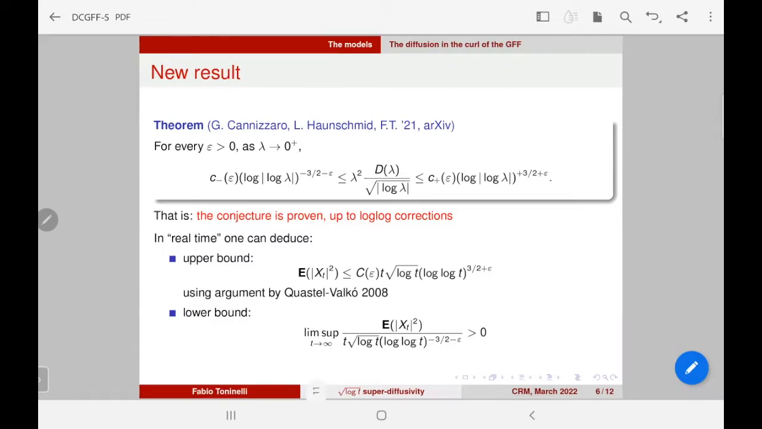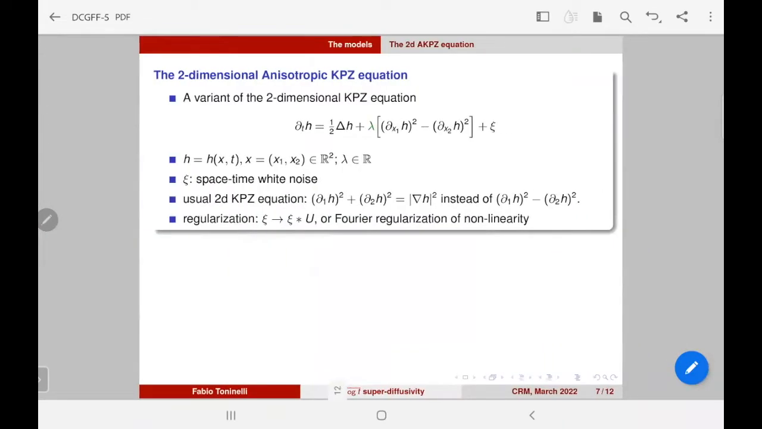Okay, so this is the first process, the first result I wanted to present. The second, well, interrupt me anytime, of course. The second one is a priori totally unrelated. We will see the relation in a moment. The second one is